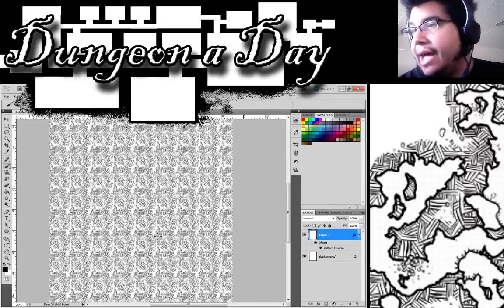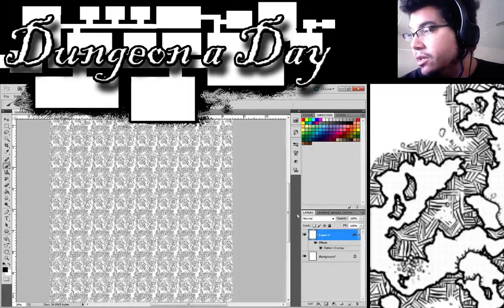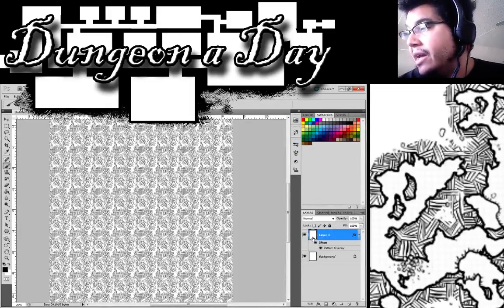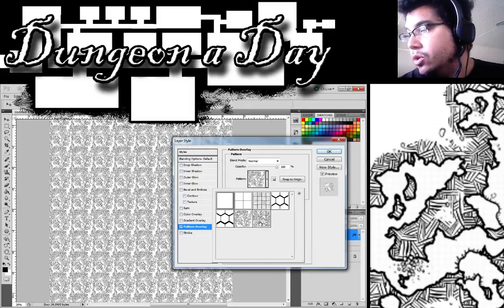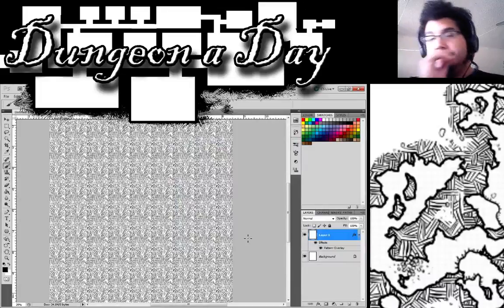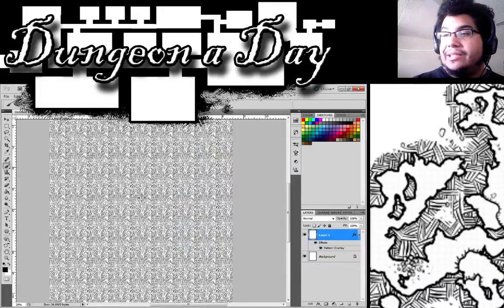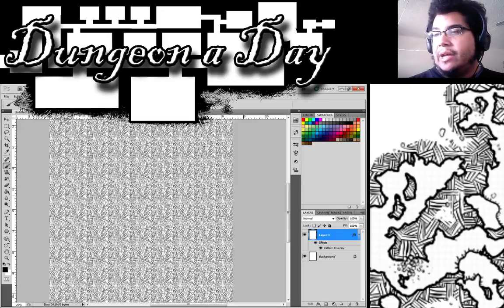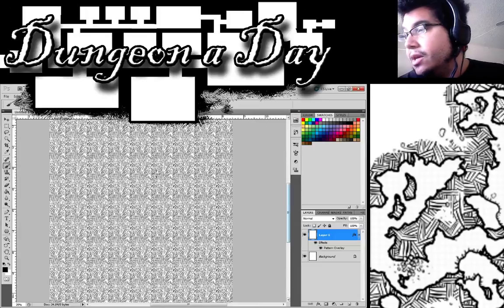This was how our hatched pattern looked before going through with offset to get rid of the tiled look. So let's go to our new version and look how that looks. Now, if you look closely enough, you can see and feel that tiled pattern. It is nowhere near as evident. However,